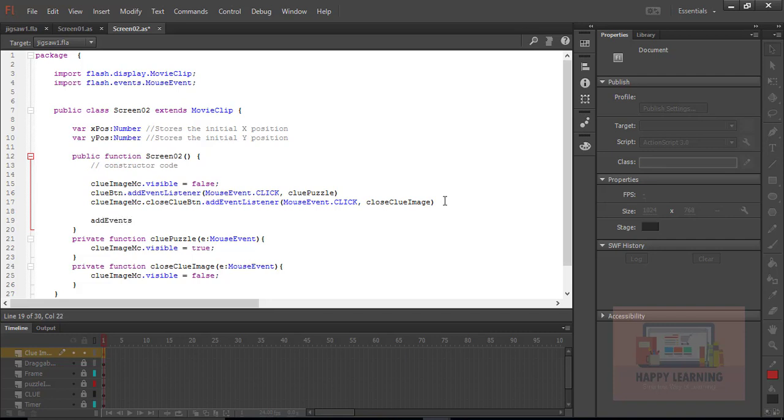Now we just need to define a custom function to add event listeners to all the symbols, because we need to apply start drag and stop drag in two different events for each symbol. Instead of applying the two event listeners to each symbol manually, let us define a function, and we can just use an array to apply events to all the symbols. My custom function name is add events, and inside it we just need to define the object names A1 to A12 by separating them with commas,